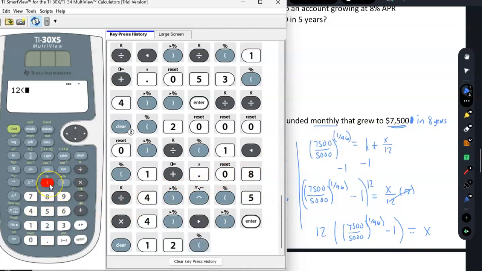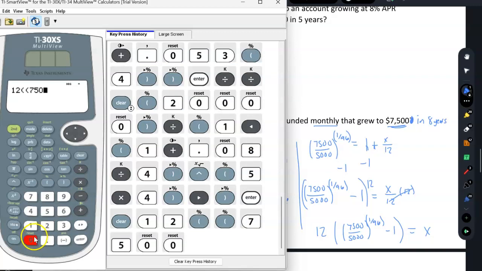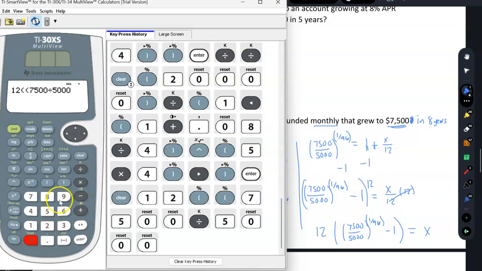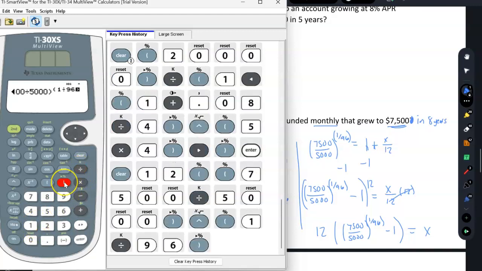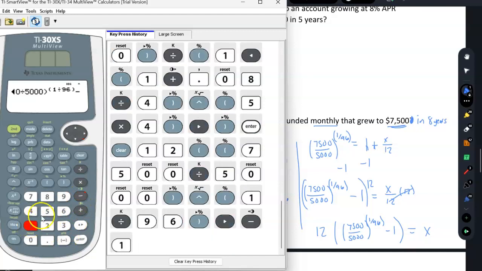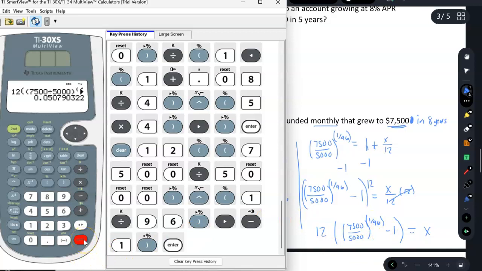That's why I prefer not to do so, but I have 12 times, parentheses, 7,500 divided by 5,000, close my parentheses, and I'm going to raise this. Now my calculator actually raises it in the air, so I don't need parentheses here, but I'm going to go ahead and do it: 1 divided by 96. I'm going to close my parentheses. I need to drop back down to the ground, so I press the button to the right, and it's minus 1. And then I need to close my parentheses. So I've typed it in exactly as I see it over here in blue, and I press enter, and I get